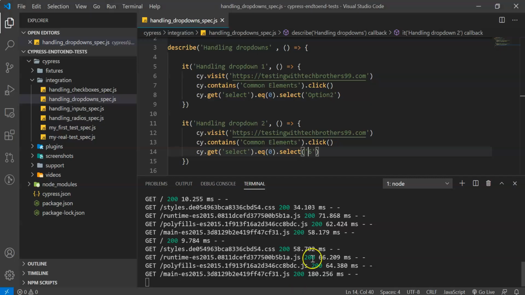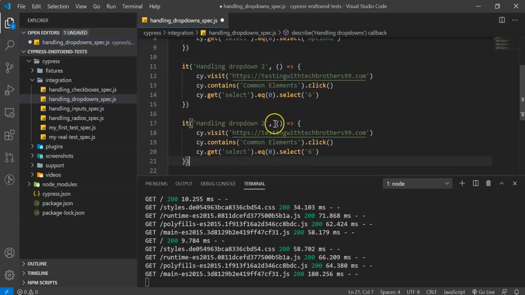In a similar way, to select multiple values in the multi-select, we need to pass an array in the select method. So here for the multiple one, it is the first element.